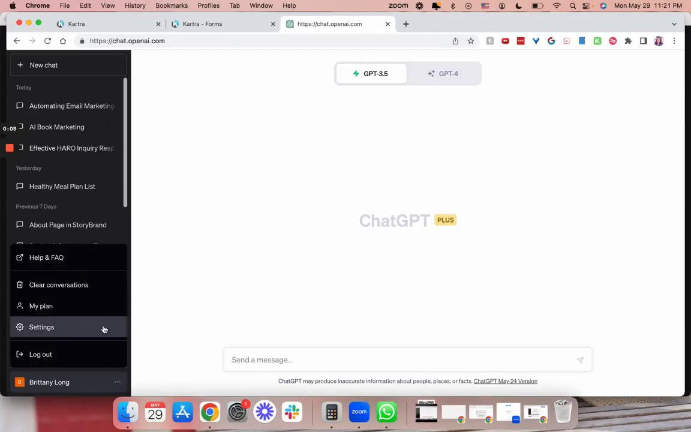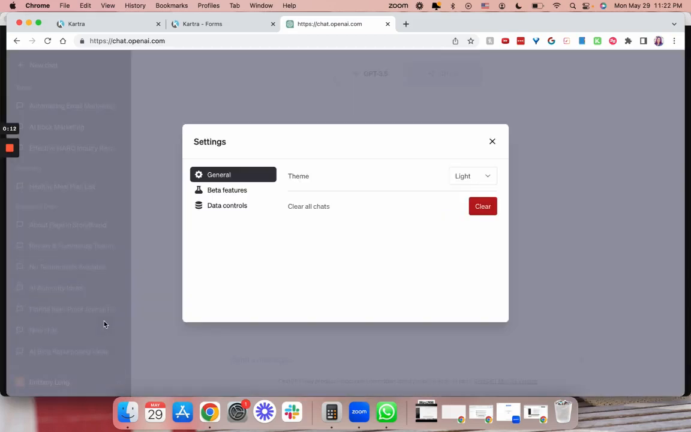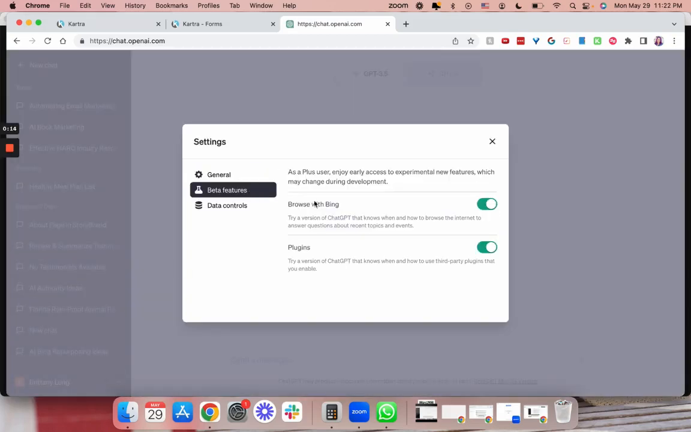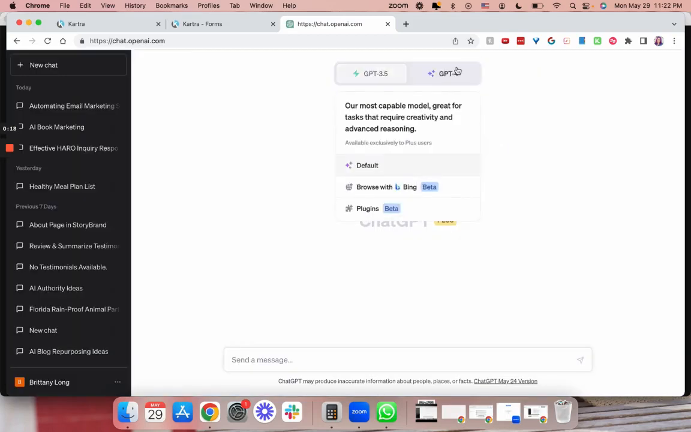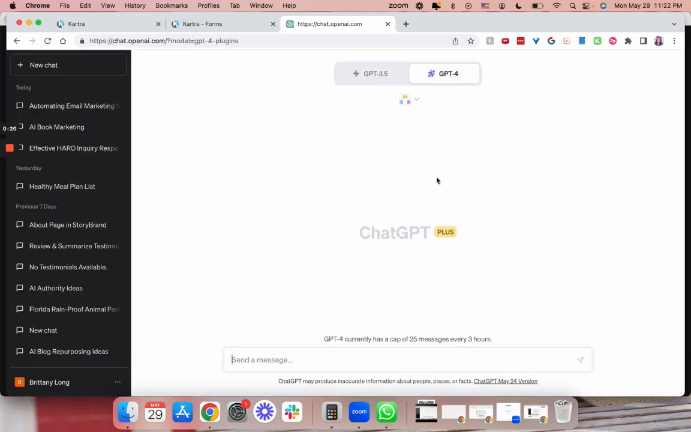In the paid version, you go to the three dots next to your name in the bottom left-hand corner, click Settings, Beta Features, make sure this is toggled on with the green showing like mine is. Then you're going to go to GPT-4, Plugins, click on that. And if you haven't already picked Expedia, then you're going to go to the plugin store